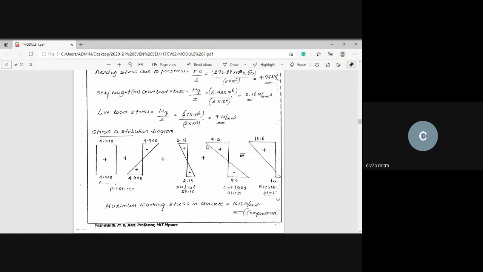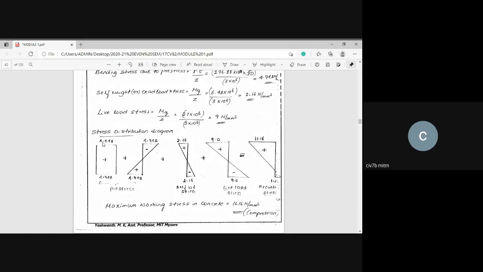Okay, to my left, positive. To my right, negative. Draw the slanting line. Okay, and positive at the top and negative at the bottom, same thing. Once it is subjected to live load, it will create compressive stresses at the top and tensile stresses at the bottom. Now calculate the F superior, the topmost or extreme fiber stresses.